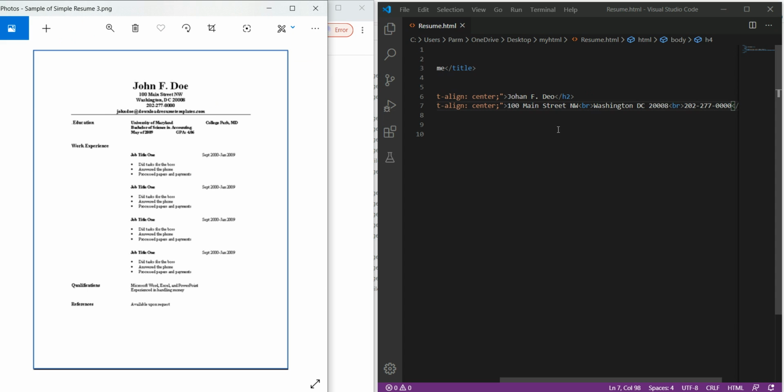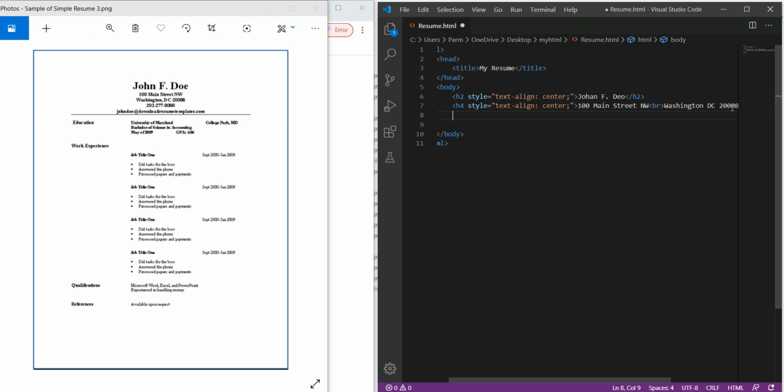For this we will use another element. This is written in bold, so I will use either h5 or h6, a header, or I can go with a paragraph.